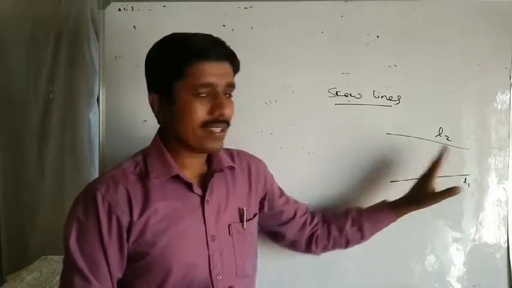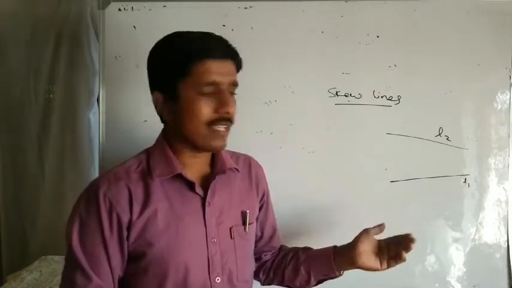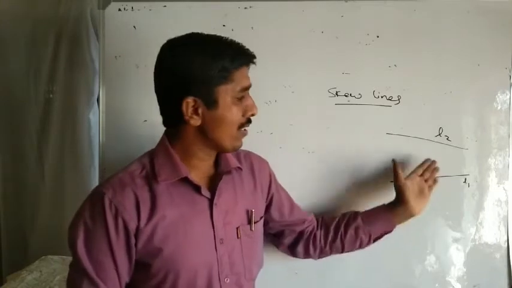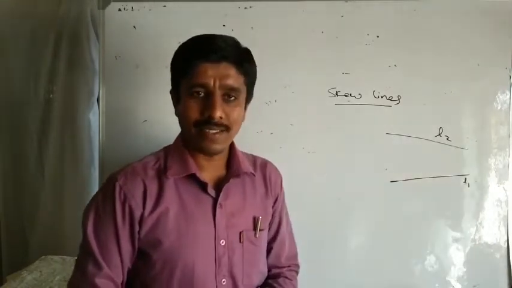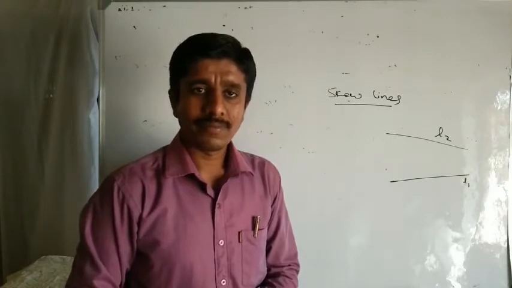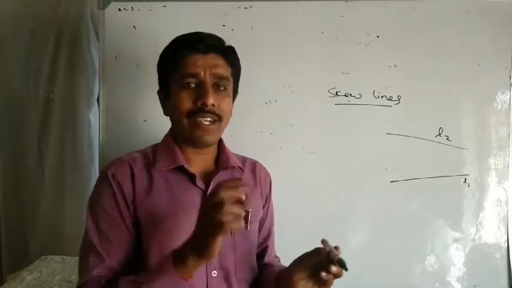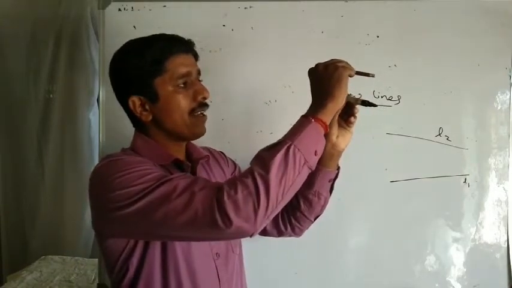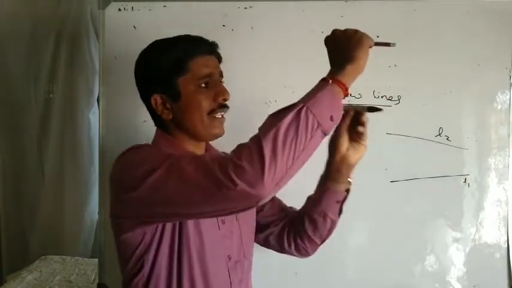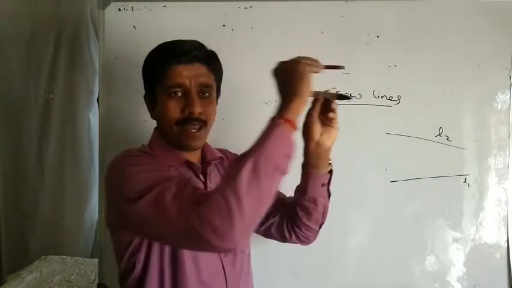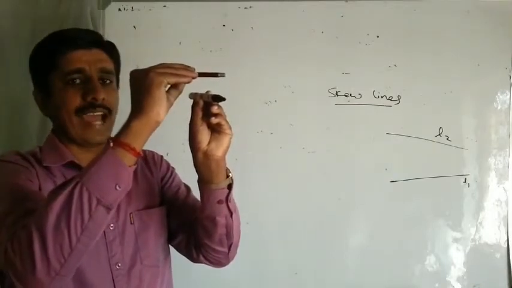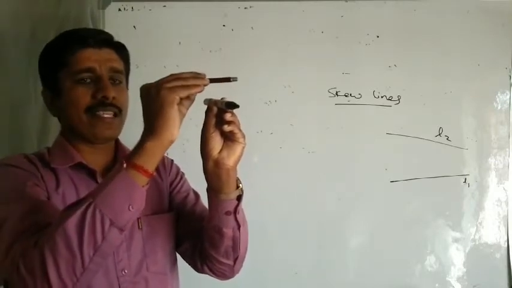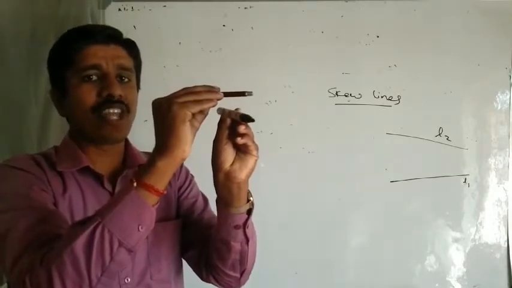Sir, these lines may intersect. How can we say that these lines do not intersect? Okay, from the figure we can observe that the two lines are not parallel. One condition: suppose if the line is extended, it may intersect. See, in space I am taking, not in a plane here. If you take one line like this and another line in another plane like this, they never intersect. Are you following? These two lines are not parallel and never intersect in three-dimensional space. This type of lines are called skew lines.